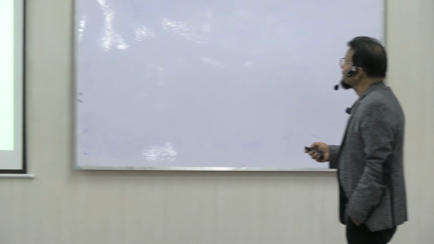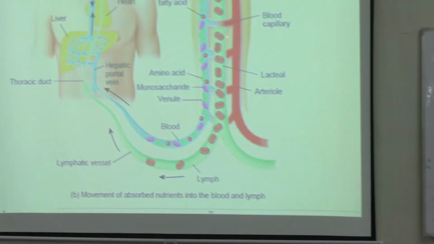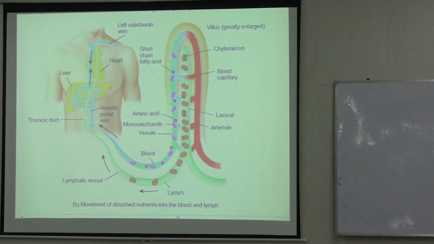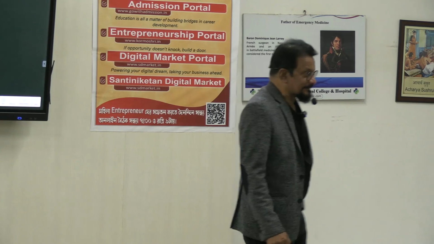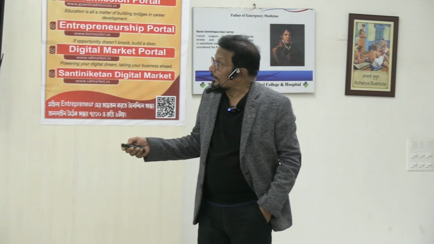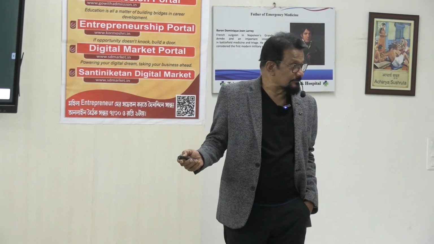This is the path. What are these? The green colored duct is called lacteal. You have heard the name of lymph. These lacteal ducts actually contain lymph. These are white in color, not red, because no blood cells are there. Blood cell cannot enter there. Okay? So, the big size molecules